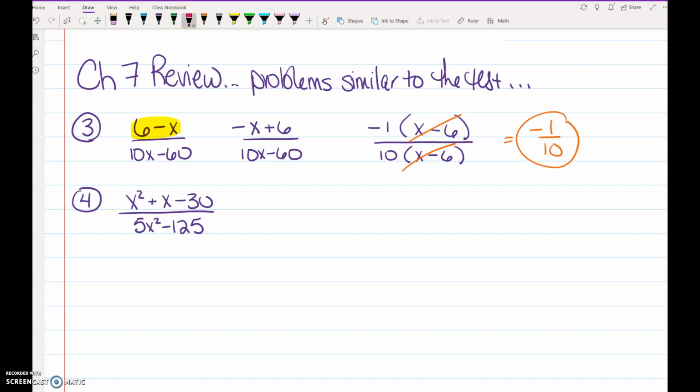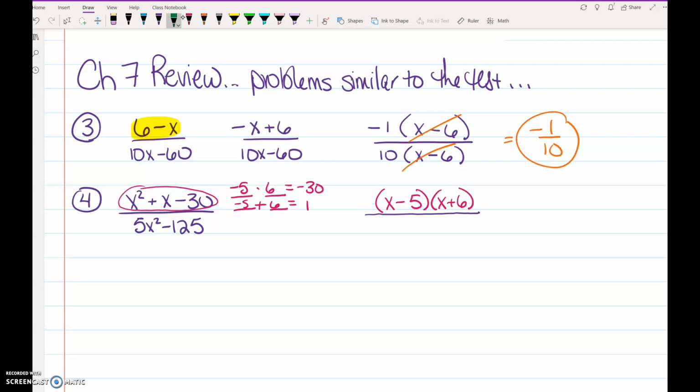On number 4, we need to factor the top, factor the bottom, and see what cancels. So x squared plus x minus 30. We're looking for two numbers that multiply to give us negative 30 and add up to 1. That would be negative 5 and 6. So the top factors into x minus 5, x plus 6. On the bottom,